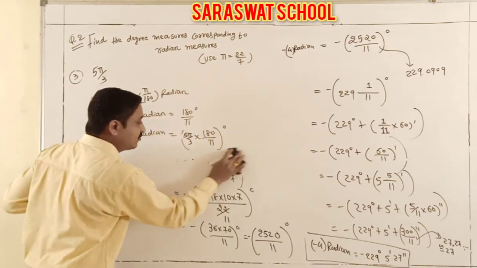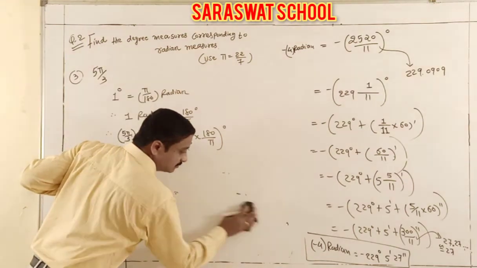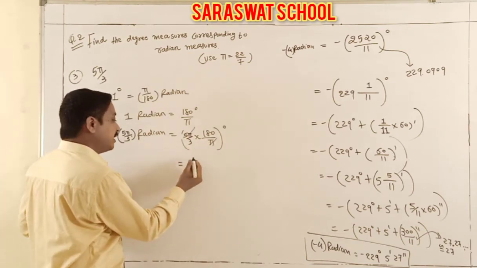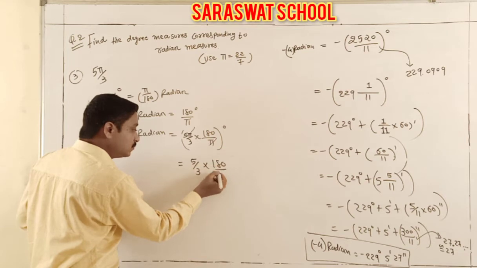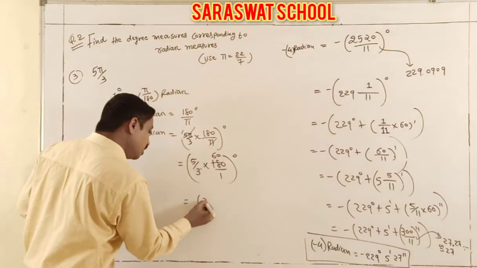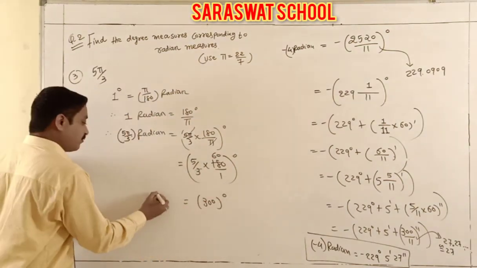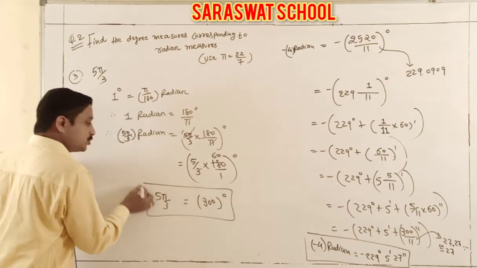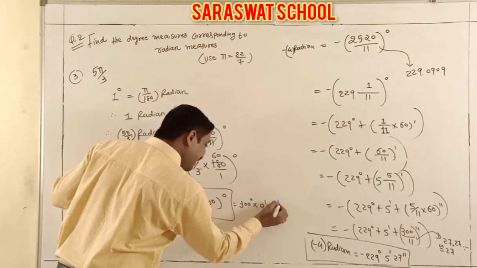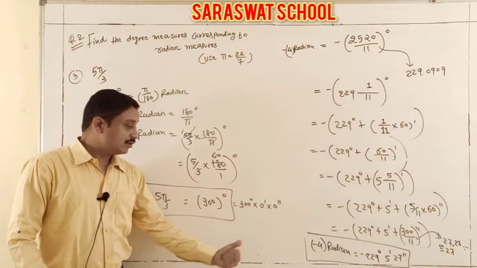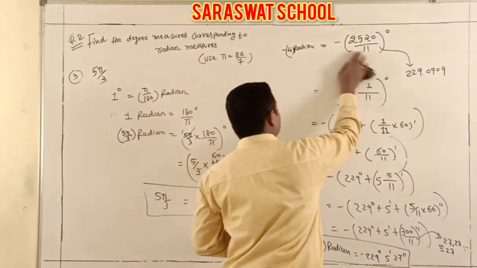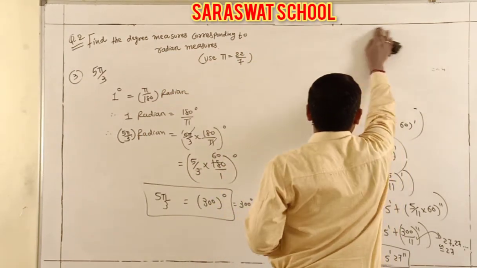And the further calculations are very easy and simple. You can easily derive the next calculations. So pi by 1, 5 by 3 into 180. Total degree is the same. Now 3 into 6 is 60. So 300 degree is the conversion of our 5 pi by 3. Students, 300 degree means you also mention 300 degree, 0 minute, 0 second. Whenever you have 0 minute 0 second, it is purely a degree calculation. Yes. Now one more question, our fourth one.